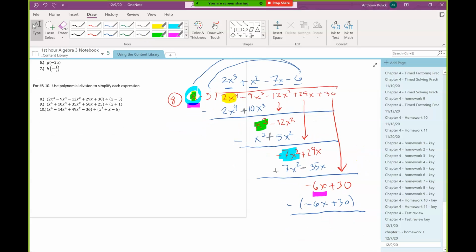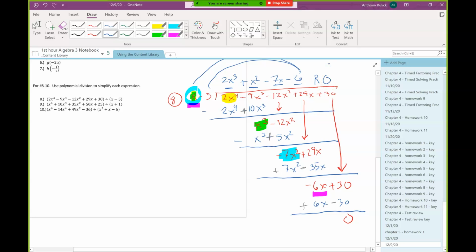Again, we need to distribute that negative. So a negative of a negative gives me a positive. And a negative of a positive gives me a negative. And negative 6x plus 6x is 0. Positive 30 minus 30 is 0. So this is